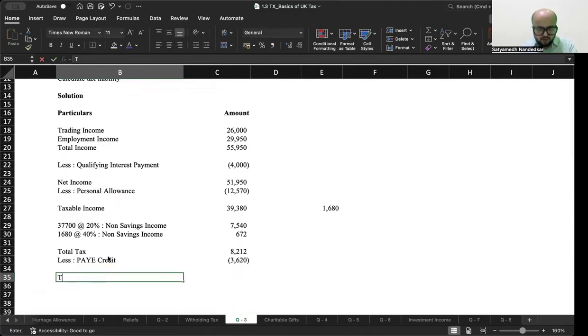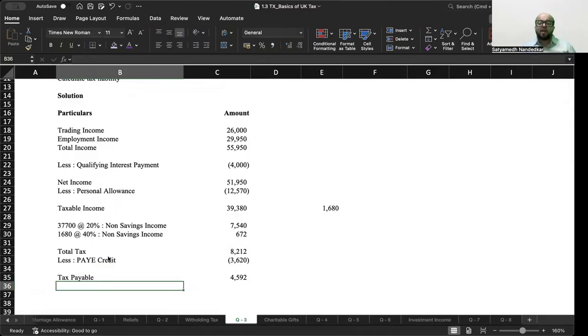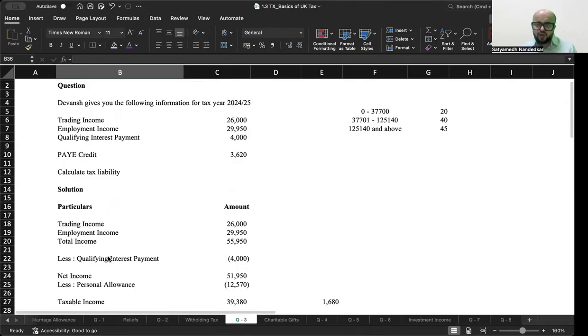What is tax payable? Tax payable is 8,212 minus 3,620, which is 4,592. So whenever you have your PAYE credit given to you, subtract that from the total tax and you will arrive at tax payable. Okay. Go through the question and I would recommend you to practice it so that your tax